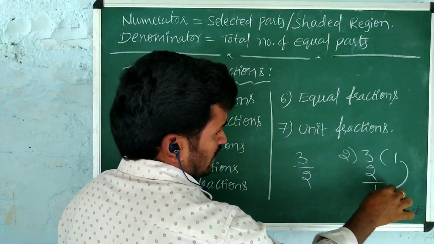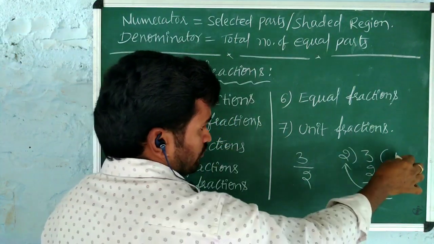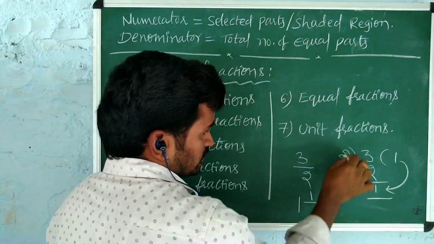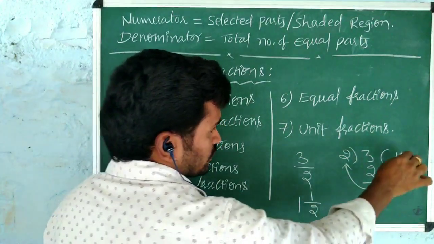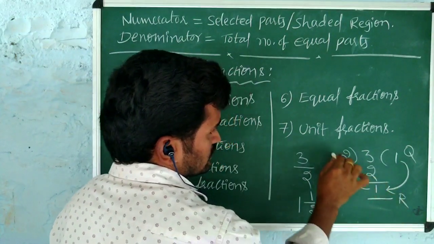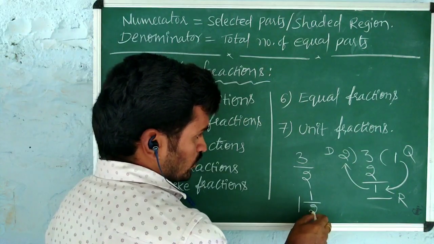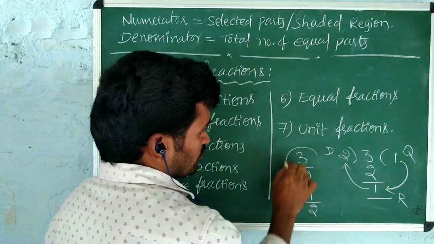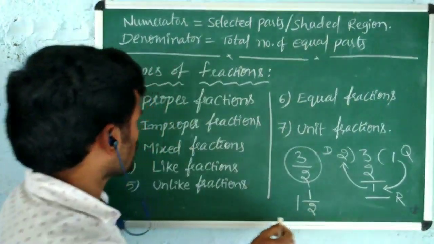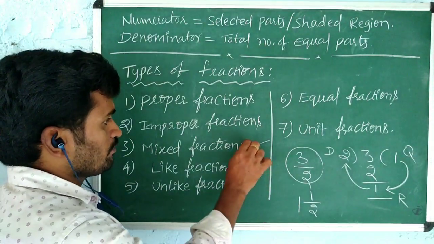So here I am giving arrow marks. See, first write this 1, second the remainder, third divisor. So this is the quotient, we know very well. Quotient, this is the remainder, this is the divisor. So we can write 1 1 by 2. It means 3 by 2 we can write as 1 1 by 2. Here 1 1 by 2 is called mixed fraction.